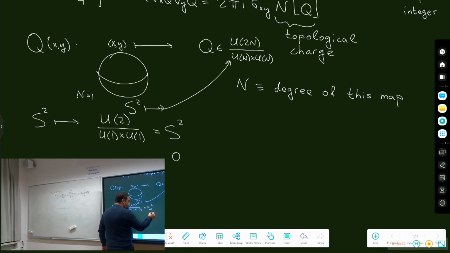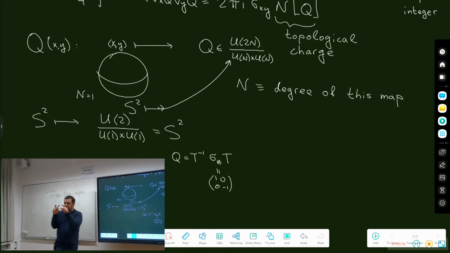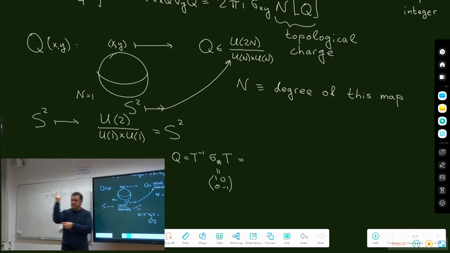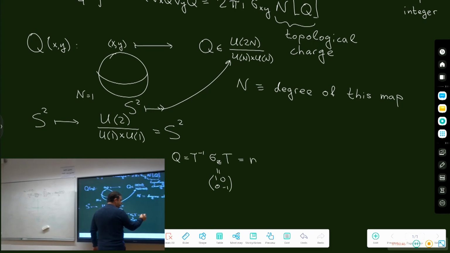Just as an example, Q is T inverse lambda T, and lambda is sigma Z. I mean, sigma Z is just a Pauli matrix, 1, 0, 0, minus 1. We have a 2 by 2 matrix, and we rotate it by a unitary rotation, which is also 2 by 2, by the group U2. So what do we get? This is not sigma Z, it's not a Pauli matrix in the Z direction, it's now a Pauli matrix that points in any direction. So what we get is a unit vector n